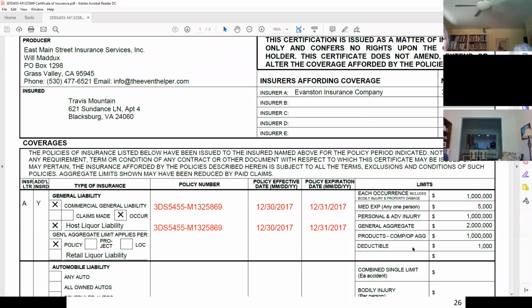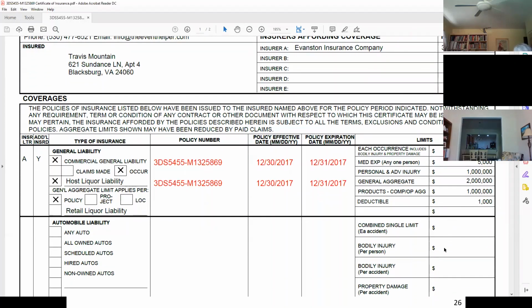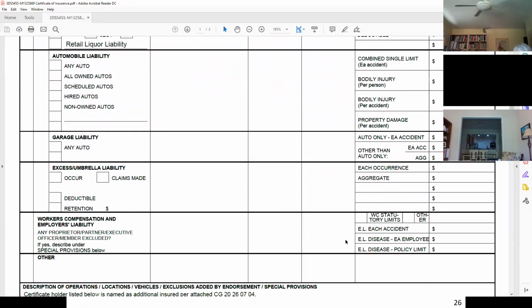It also shows here that if I had any claim and insurance was going to pay out, I first would have had to pay a $1,000 deductible. So I would have paid $1,000, and then the insurance company would have paid out the liability amount up to these limits. If I scroll down a little bit here,